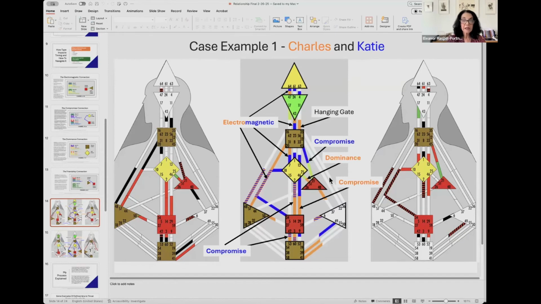And I say that because we see that Charles has the 51-25 with his Chiron in 25, going from the heart center to the self center. And it then connects up with the 21-4. And then it's going to connect up in this electromagnetic